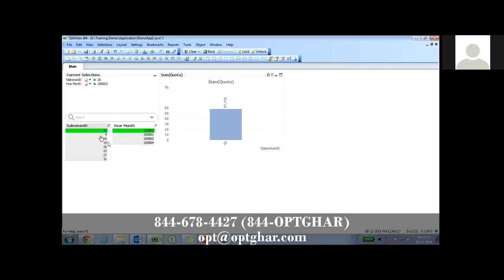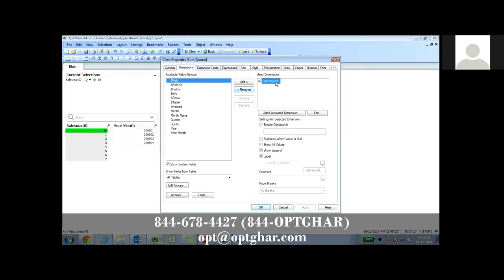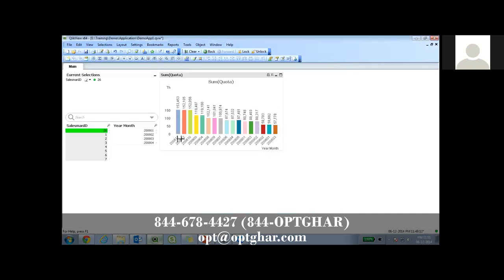For this salesman, you can see the data is available over here. I can change the dimension. Let's say I want to take year month. I did that, and I can see, right from day one till today, for salesman 26, what my quota is. So here I would like to end my session, and we can move ahead in future sessions about how to go about the